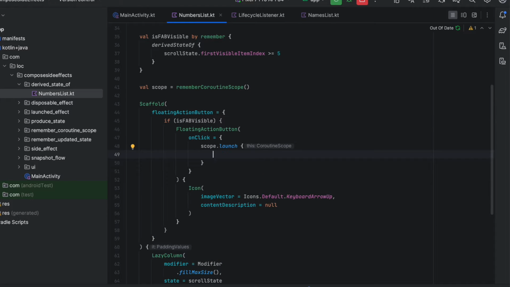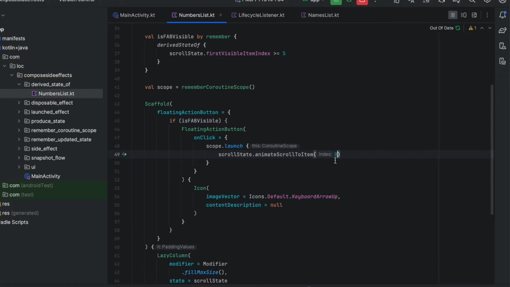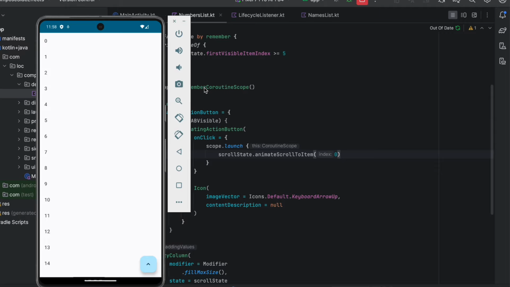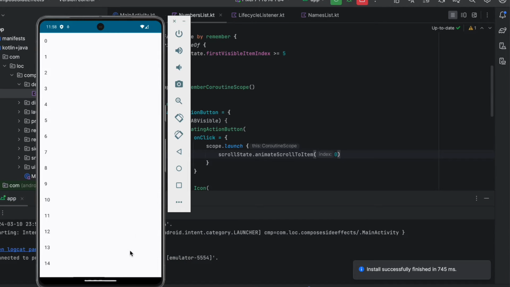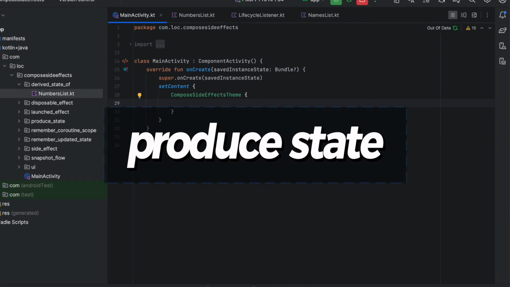And now we can just say scrollState.animateScrollTo, we want to scroll to index number 0. Now if we launch the app, we should get the behavior. Okay, that's good. So the floating action button is invisible when we reach item number 5, we show it, and when we click on it, we scroll up, and that's exactly what we want. Okay, so the next side effect we have is produceState, and this one is used